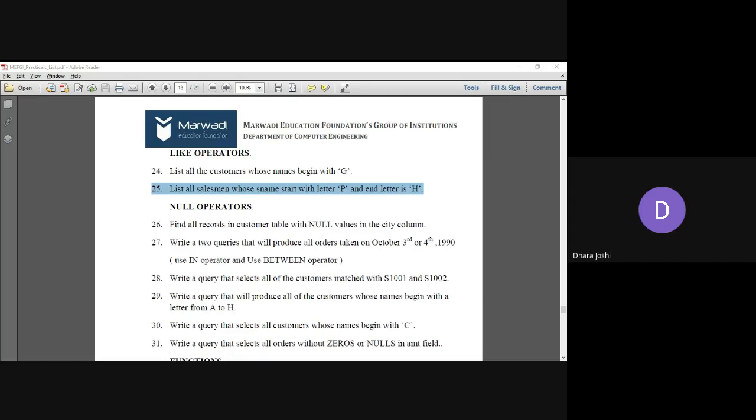The second condition is that the last character should be h. You can combine these two conditions together, and the answer is select star from salesman where S name like capital P, percentage, small h. Yes, Dhwani, whatever you replied will work well, and it is the second kind of solution. Okay, Janvi has also replied. Perfect, good.